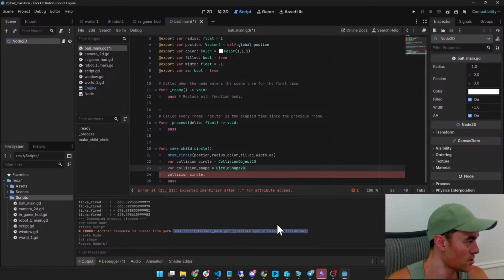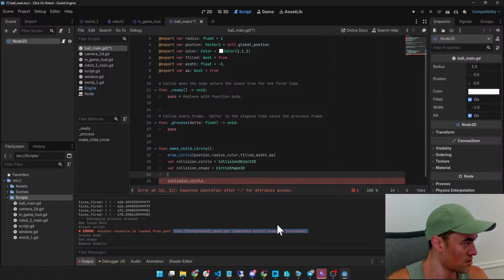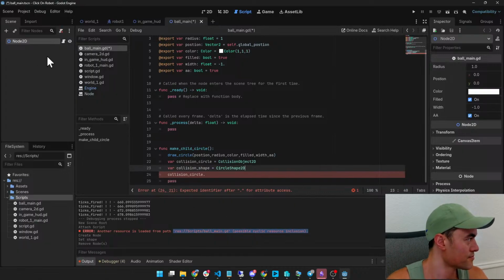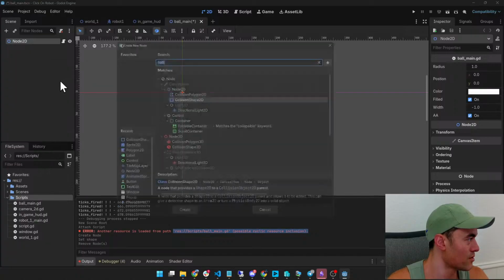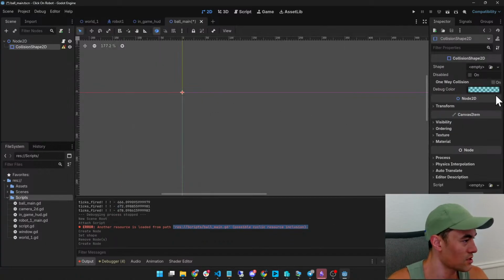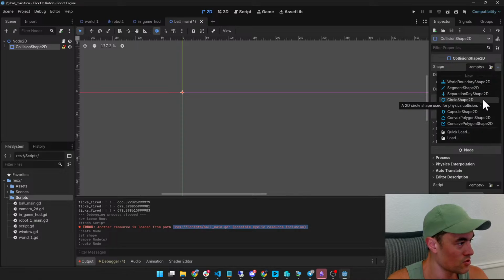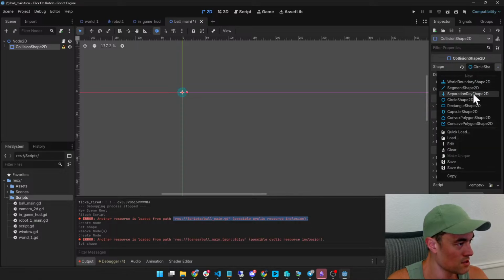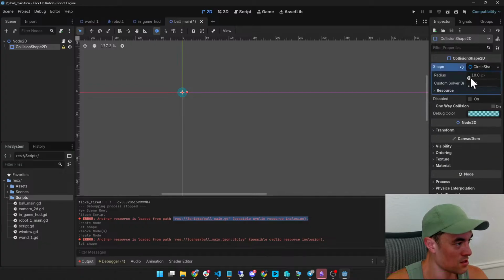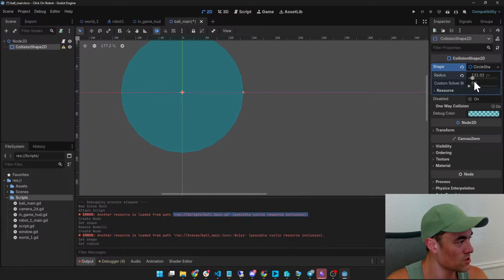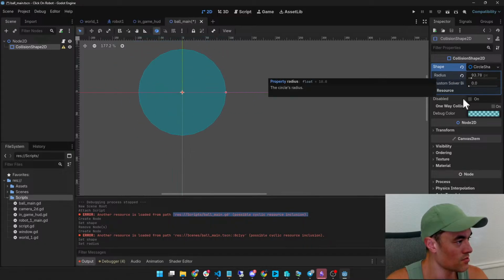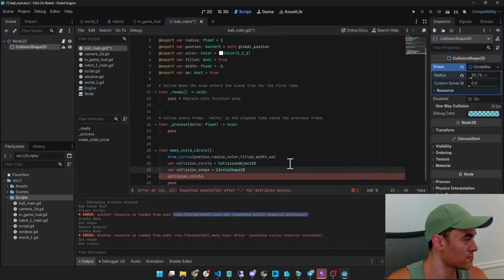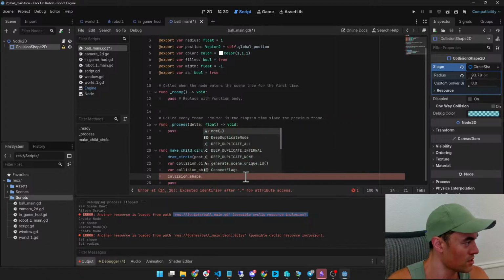And then we say collision shape dot radius. No, we don't. All right. We already did this. Let's do it again. Our shape is going to be circle shape 2D. And then we do get to pick the radius inside of here. But why don't I get to pick that inside of the script? Because I typed in collision circle. Collision shape dot